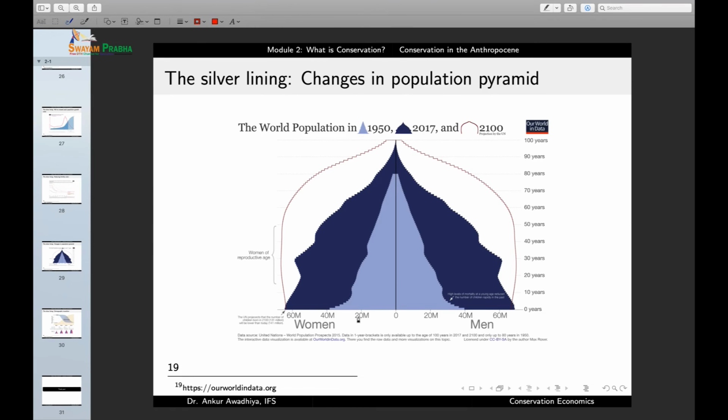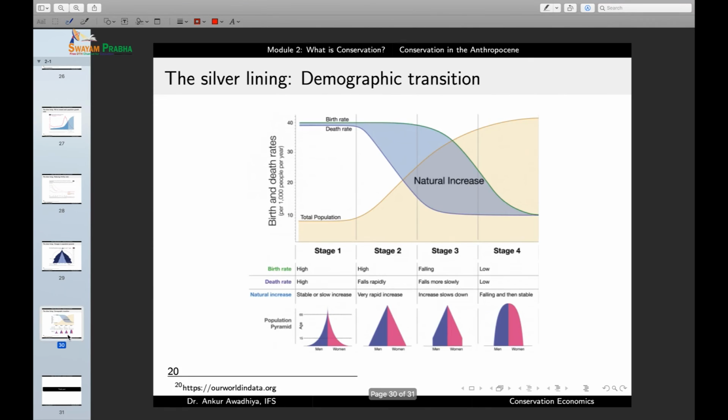We are also observing demographic transitions in most of the areas of the earth. Now, what is a demographic transition? A demographic transition tells the story of a society in terms of different stages. Now, in the first stage, we have a society in which we have a high birth rate and a high